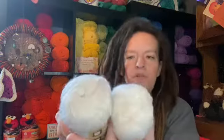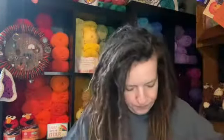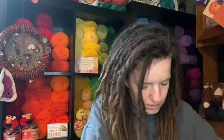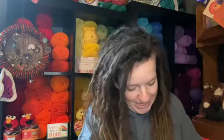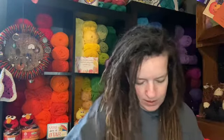I got 2 white, same thing, both the Crafter's Square, in the color white. 2 of this kind of, I don't know, pumpkin orange color. There you go. And then I got 3